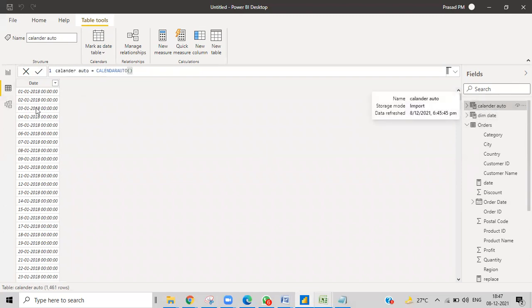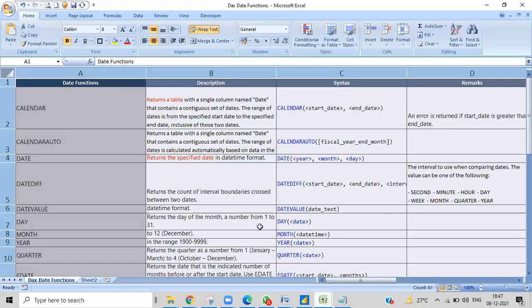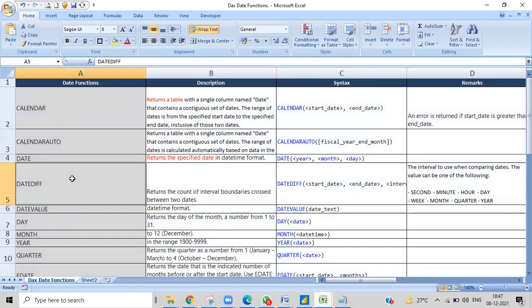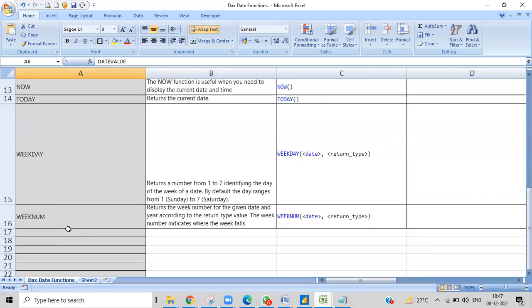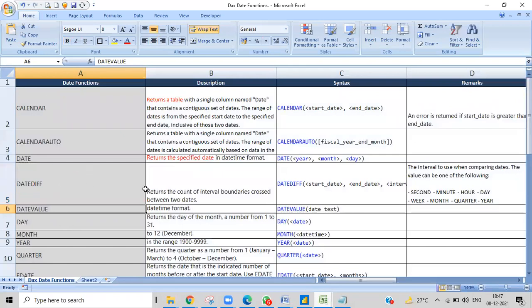2018, and right now we'll do a lot of things based upon this date. I created a date table, and from this date table I want to create a lot of things which may be useful later. I'll give you an example of how they will be useful. First, we'll learn how to do the changes. Before using the complex functions, date difference and date value, we'll use these: date, month, year, quarter, now, today, week and week number, and lastly we'll come to date difference.